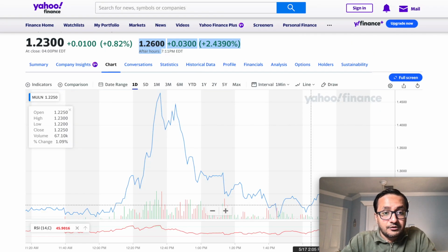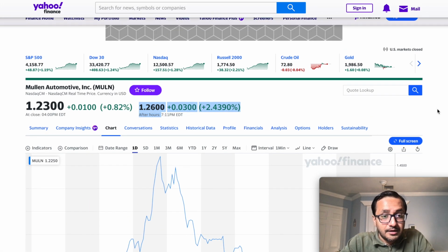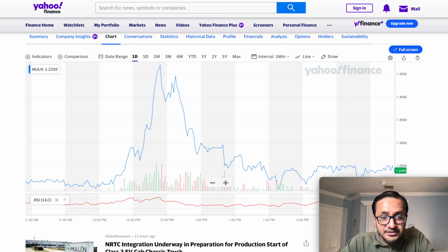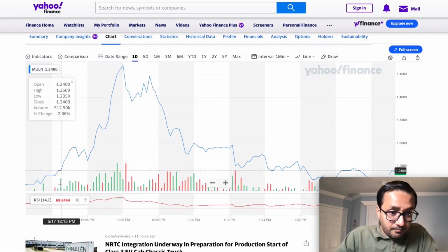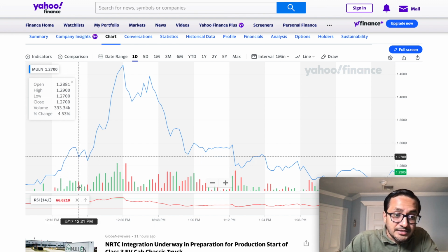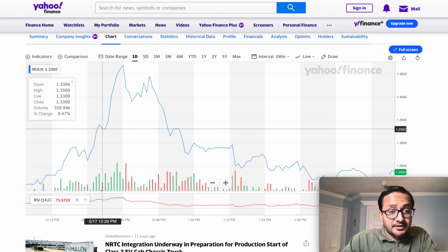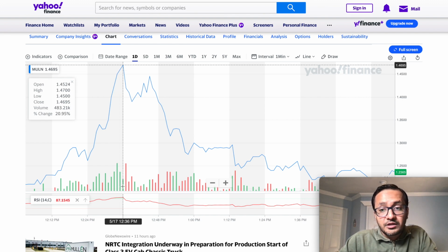Now, let's go back to this chart. I wanted to quickly show you the type of the volume. So MULN, again, that's the same ticker symbol. Right now it's 7:11 p.m. Eastern. So let's take a look at what happened. We started seeing the buying volume around 12:15, and we did not really see any selling volume, because mostly we see the juicy green bars right here. Yes, there are a couple of reds here as well, but for the most part it was buying volume that dragged the stock price all the way right here,